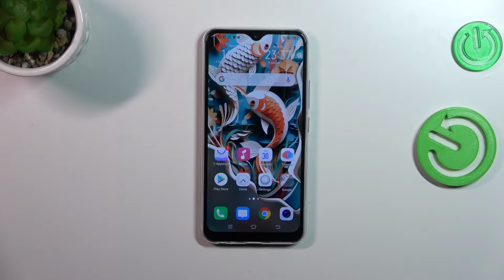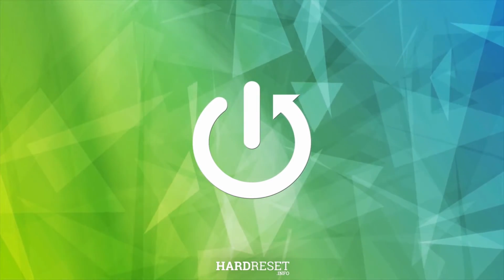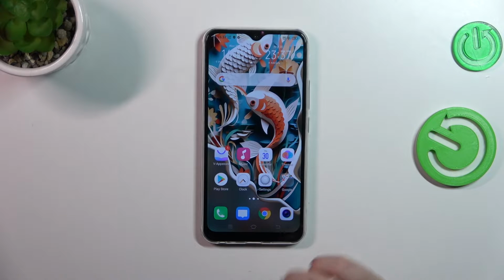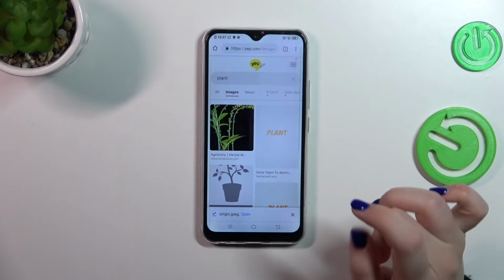Hi everyone, in front of me I've got VIVO Y17 and let me share with you how to clear the browser on this device. So let's start with opening the browser. In my case it will be Google Chrome, and then 3 dots again in the right upper corner and tap